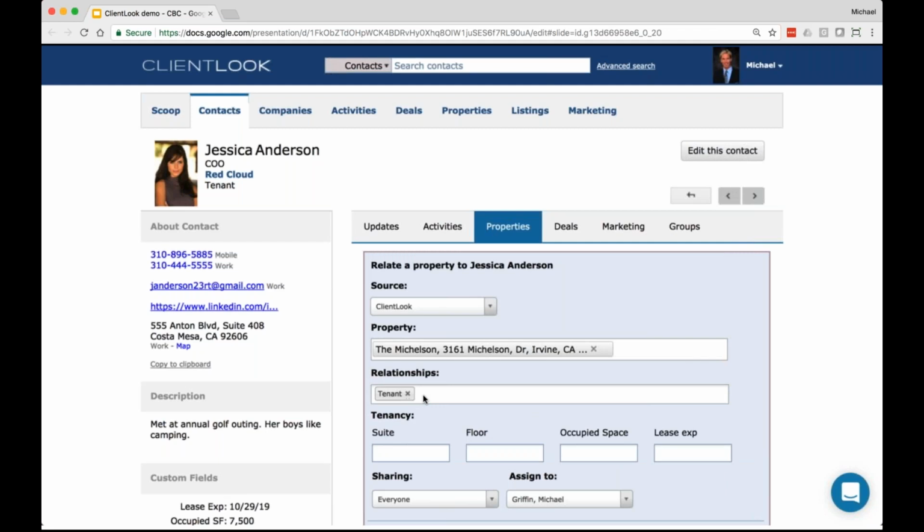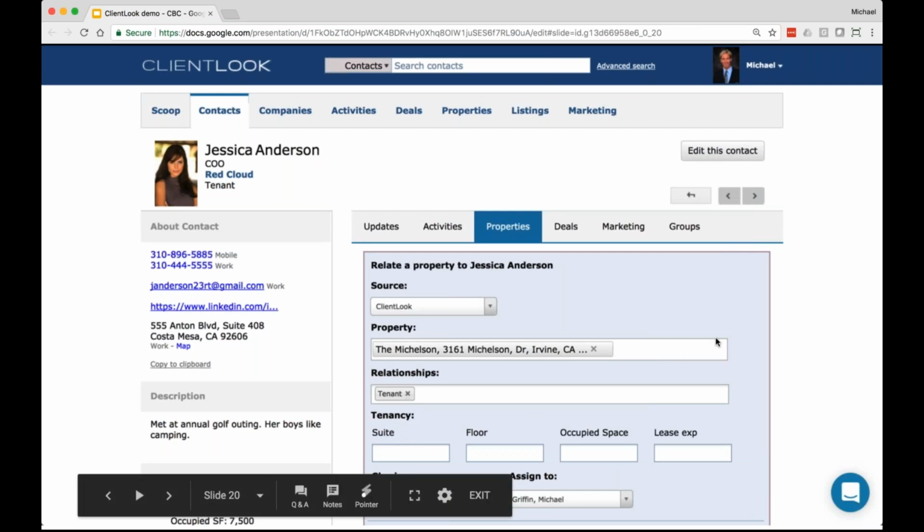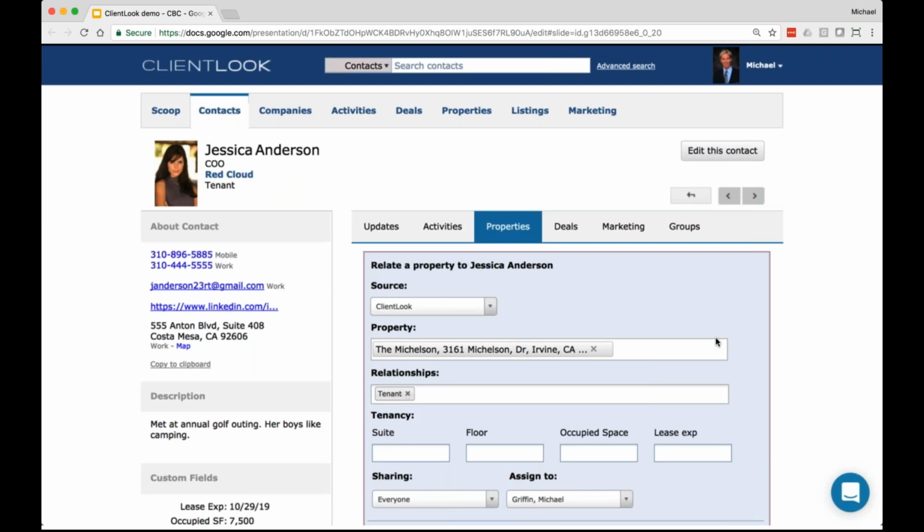Okay, so when I choose tenant, some special things happen. ClientLook prompts you to enter the suite, the floor, the amount of space that this company occupies in this property, and the lease expiration. So I can populate those fields here to say she's in suite 1200 on the 12th floor and 24,000 square feet and a lease coming up in 2022. So for those of you who track tenants and care about lease expirations, this is